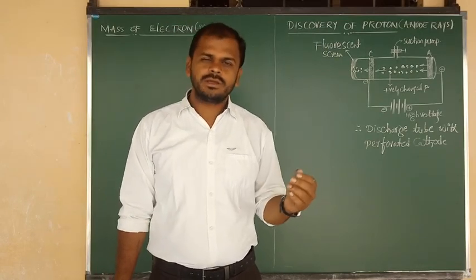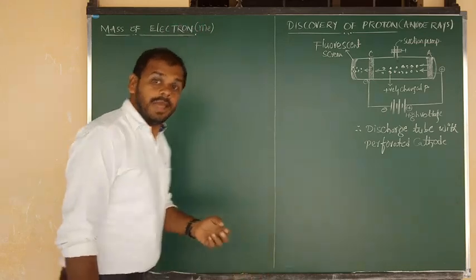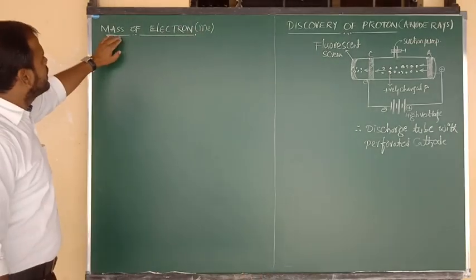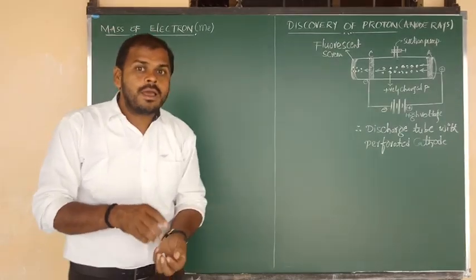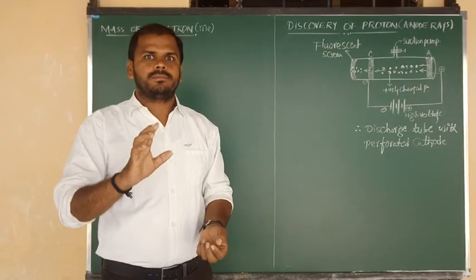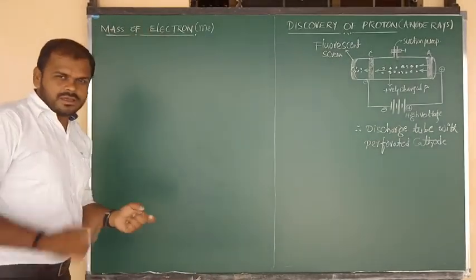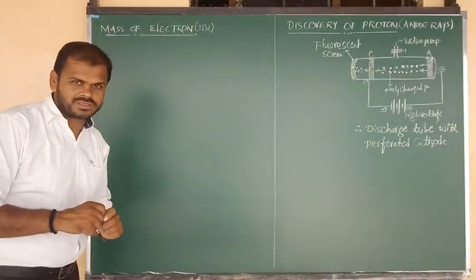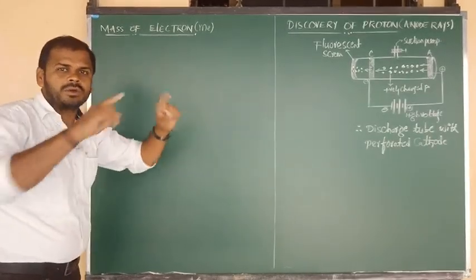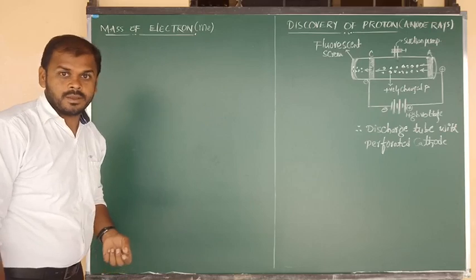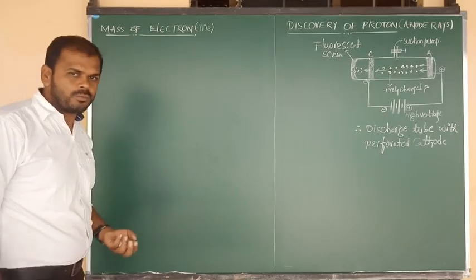But before that, I want to explain another two small concepts. Number one is mass of electron and another one is mass of the moving electron. Let me consider first of all the mass of the electron. Sir, how to calculate the mass of the electron? You know this value already. I have given this value in the second video class in the form of a table. So how to calculate that mass of the electron, that I am going to show you.